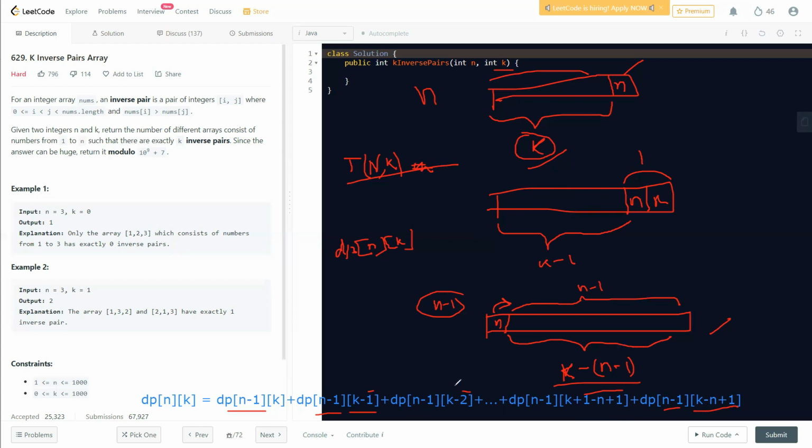So further, we need to find n minus 1 inverse pairs from the remaining n minus 1 elements. We need to find the rest of the values we have, right? So that's the formulation we come up to. Fine. Now it's also possible that somewhere in our right hand side,